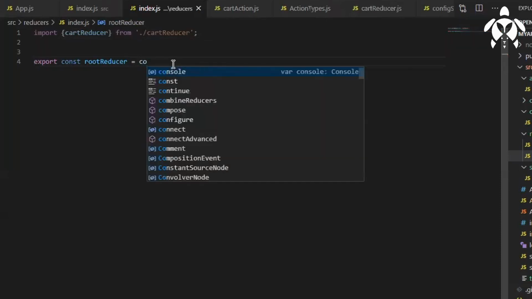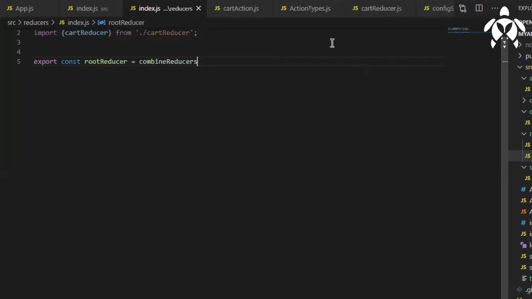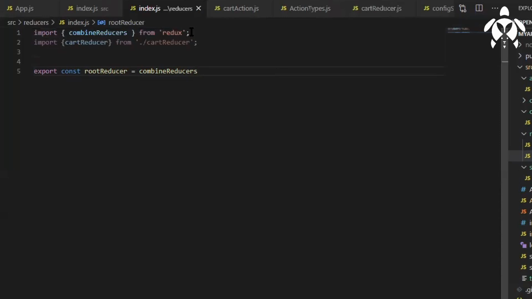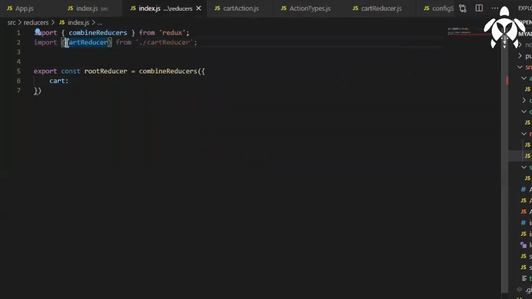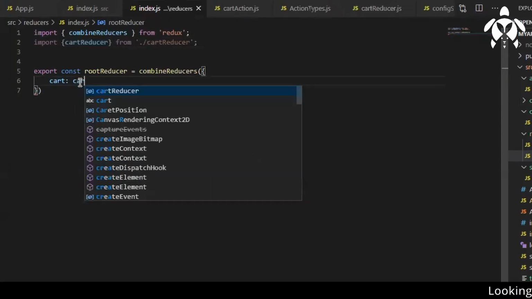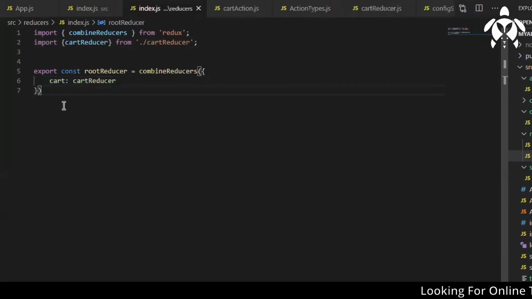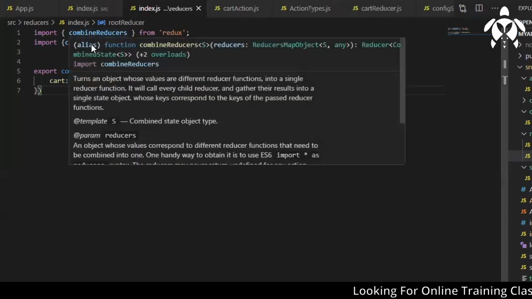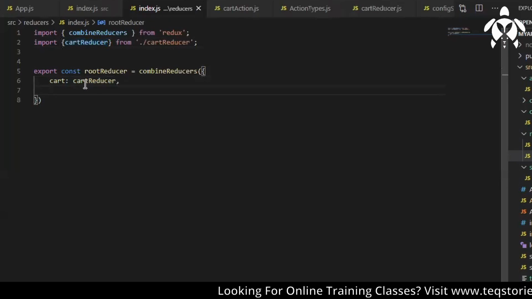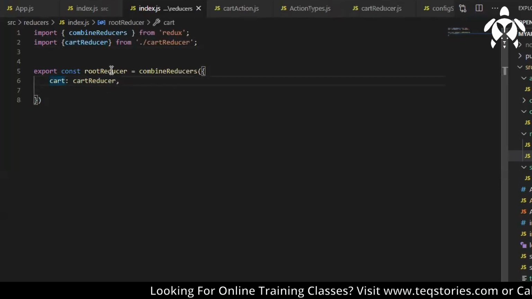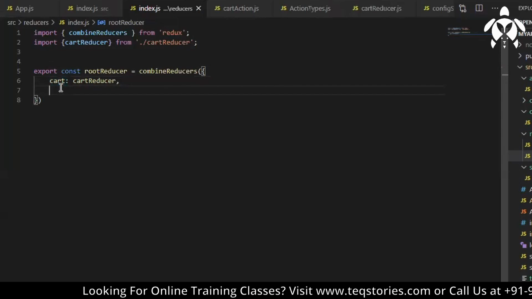Let me see if it is combineReducers or reducers. See, it is giving me the suggestion. So I think it will be combineReducers and it comes from Redux, and we'll simply pass this cart reducer and store it in cart like this. You can write it as anything else like this. If you have more than one reducer, then keep on creating an object like this. So we can say reducer.cart, rootReducer dot something like that.